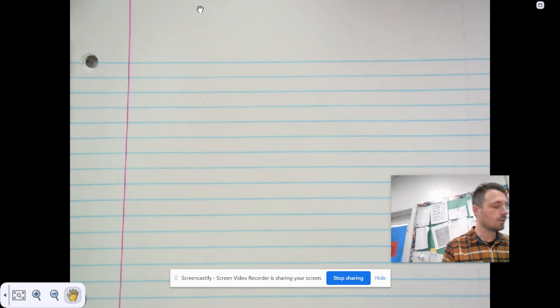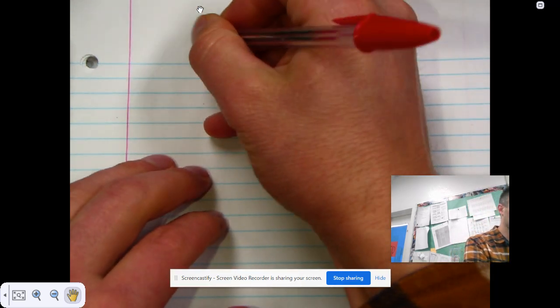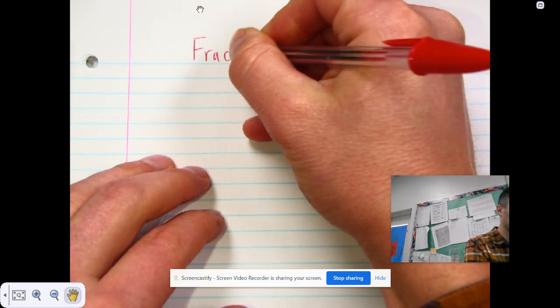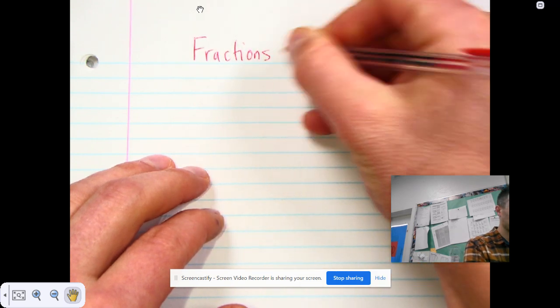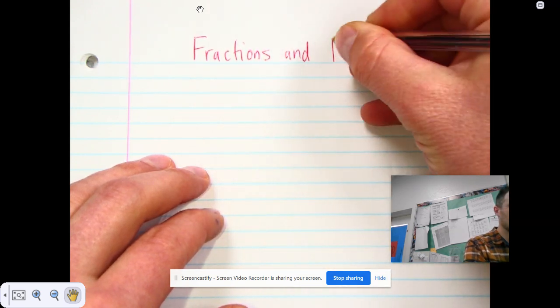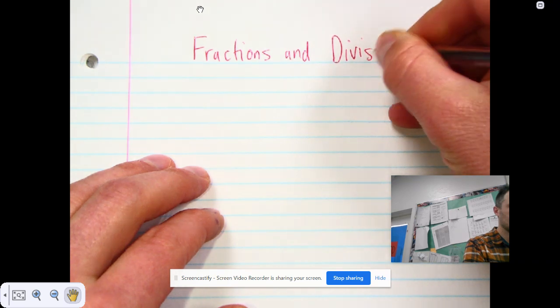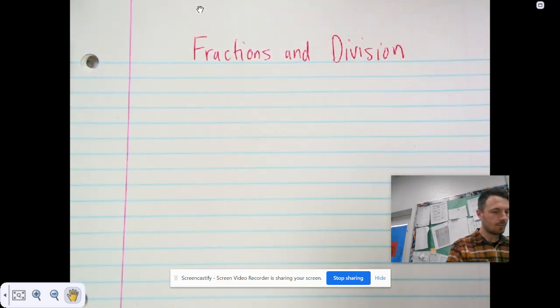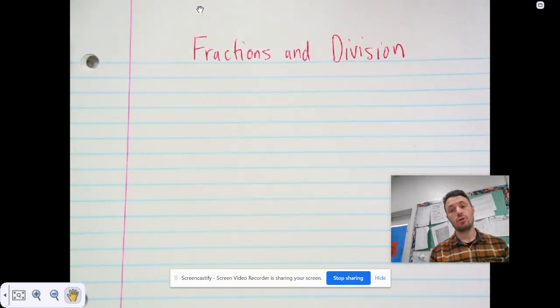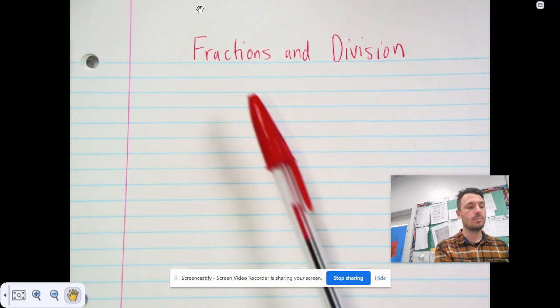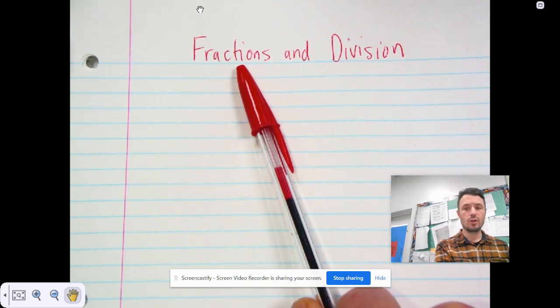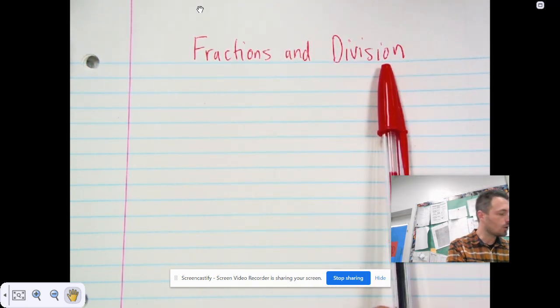And at the top, write the title of today's lesson, which is Fractions and Division. Okay, today we're starting a new chapter, chapter 8, and that chapter is called Fractions and Decimals. This is the first lesson of that chapter, and it's about fractions, what fractions are and how they relate to